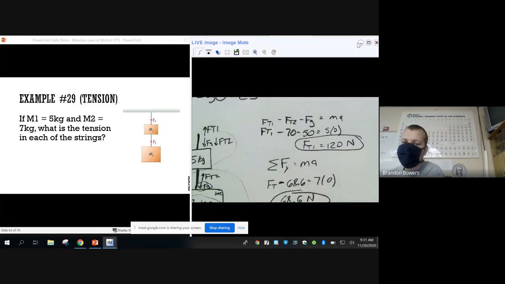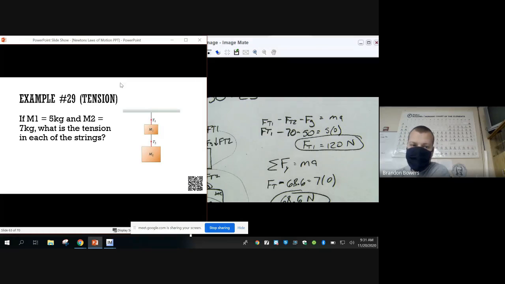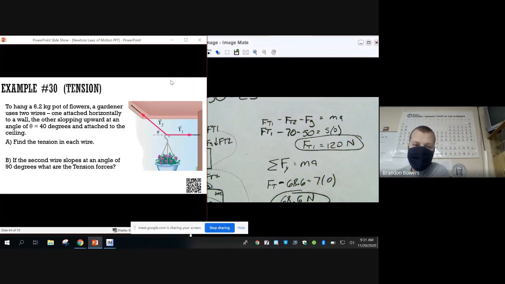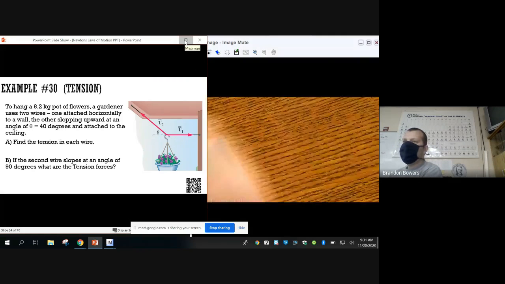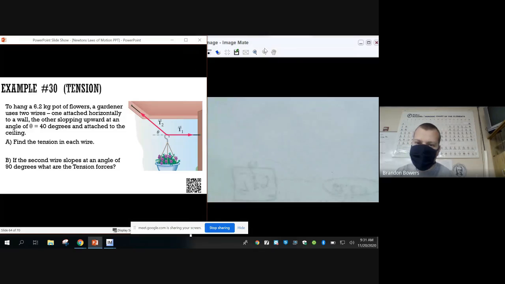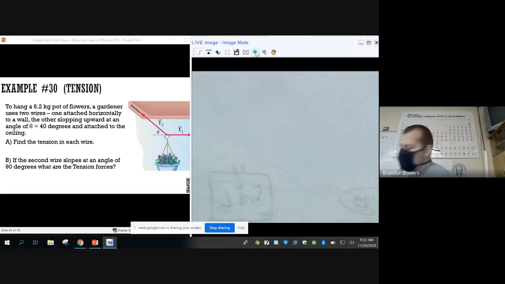How do we feel on that? Tension's all right. Page and a half left. We only have 2 more problems I want to get through. Okay, that's it. And then Clash Royale. Here we go. This is where we start to get in. We're going to apply everything we know about tension, about physics, about life, everything. What is the meaning of life?